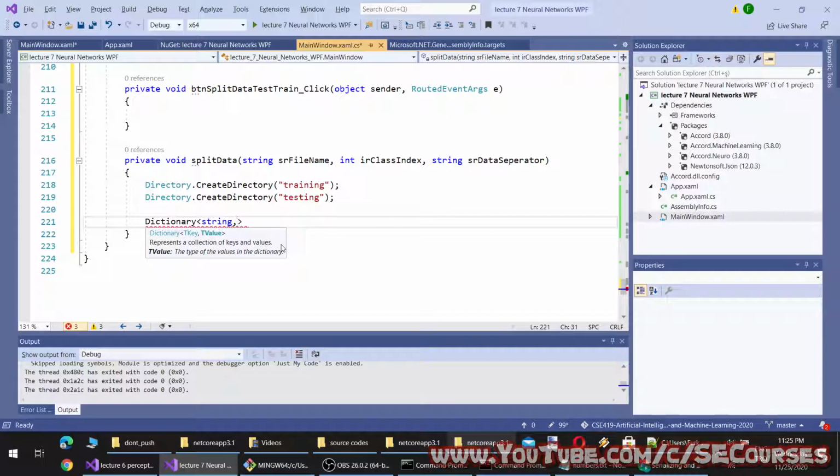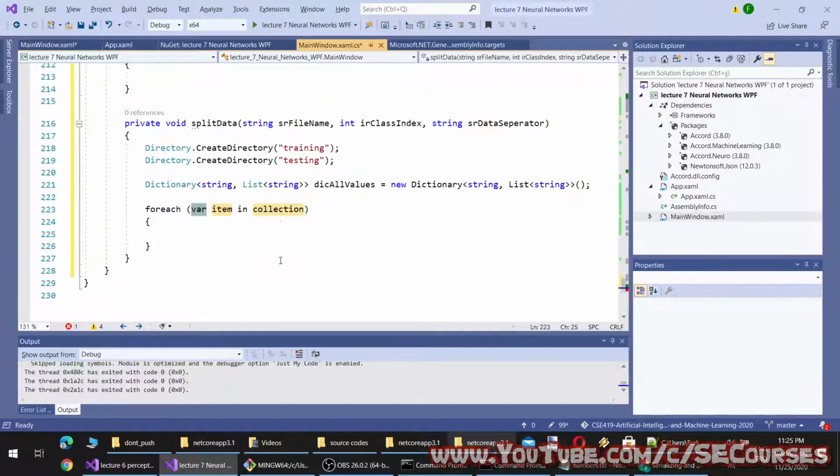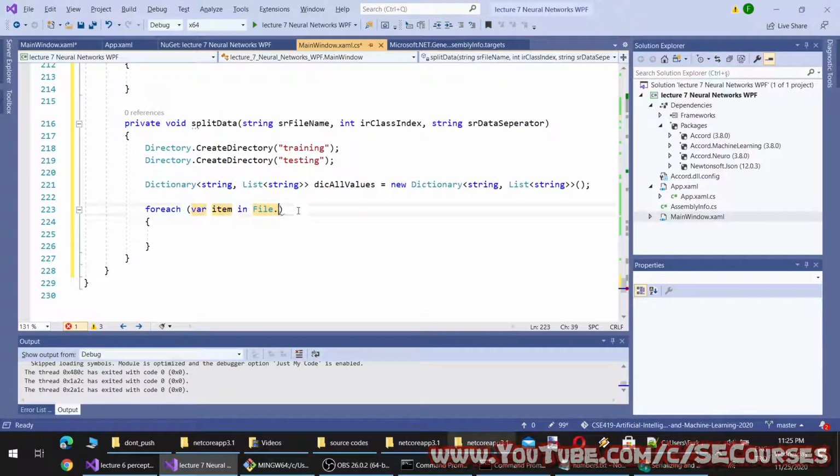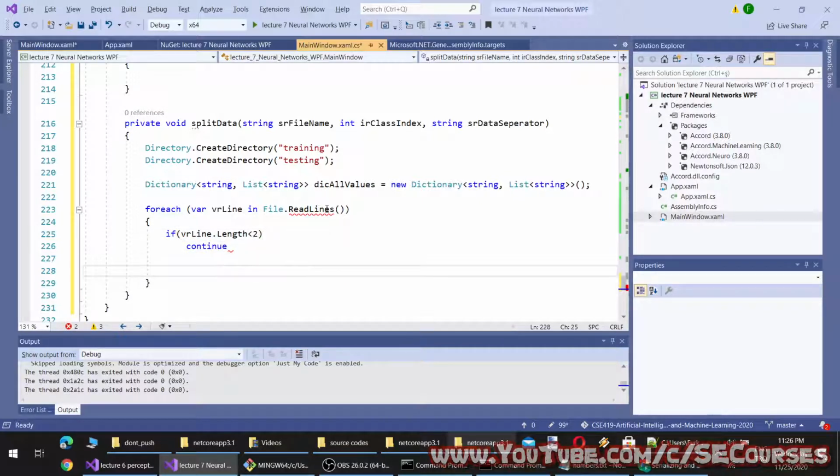There will be a class and the data lines itself, so it will be a list.